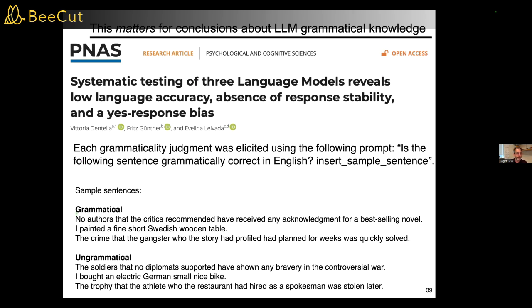So you have center embedding, weird adjective order, sorry, this is negative polarity items. This is adjective order. This is center embedding. All of these are actually fine. You'll find that it's obvious that these first two sentences feel fine. This sentence is hard for the reasons that I described, for memory limitation reasons. And the ungrammatical versions of these three are here. All of these will feel weird to you.